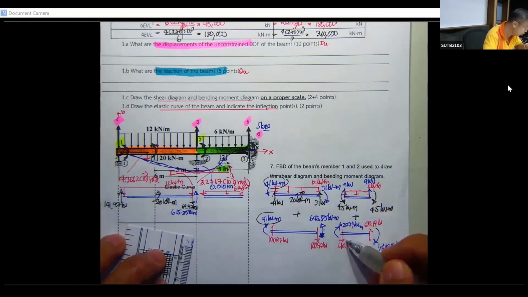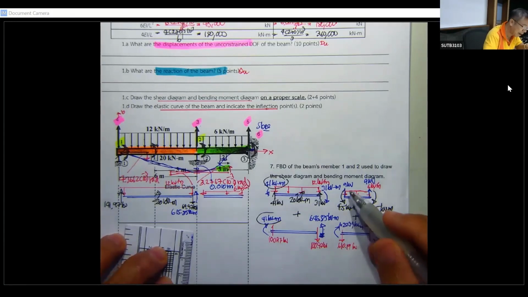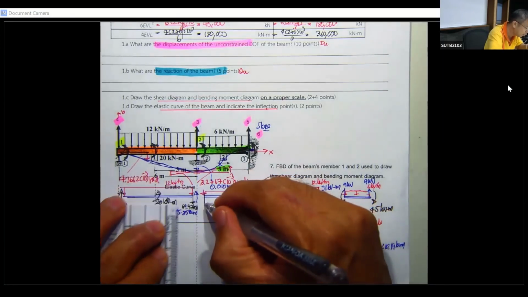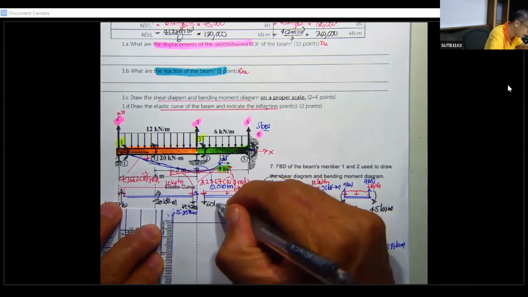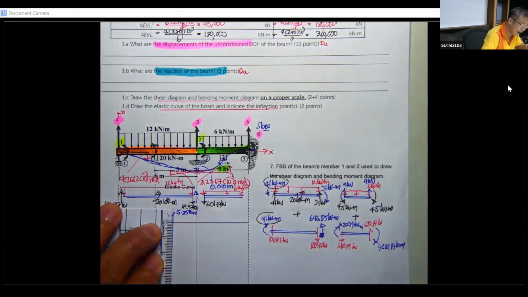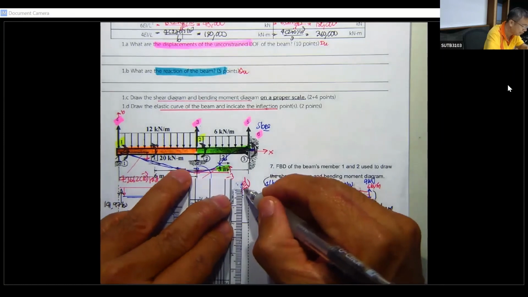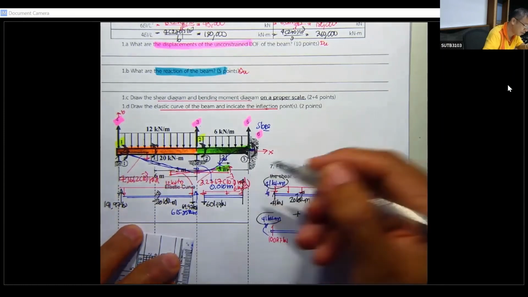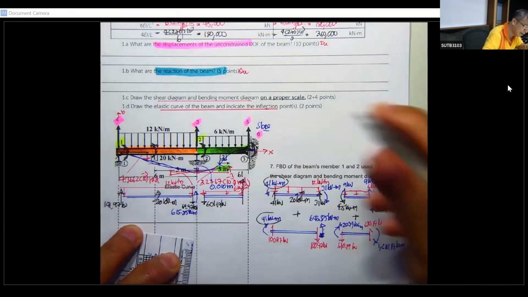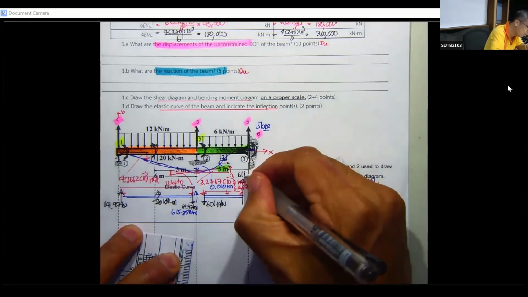That is going to reduce it. Reduce by 9: 601.19. So this one is 601.19 kilonewton. And this is 610 plus 9. This is going to be plus. This one is going to be 619.19